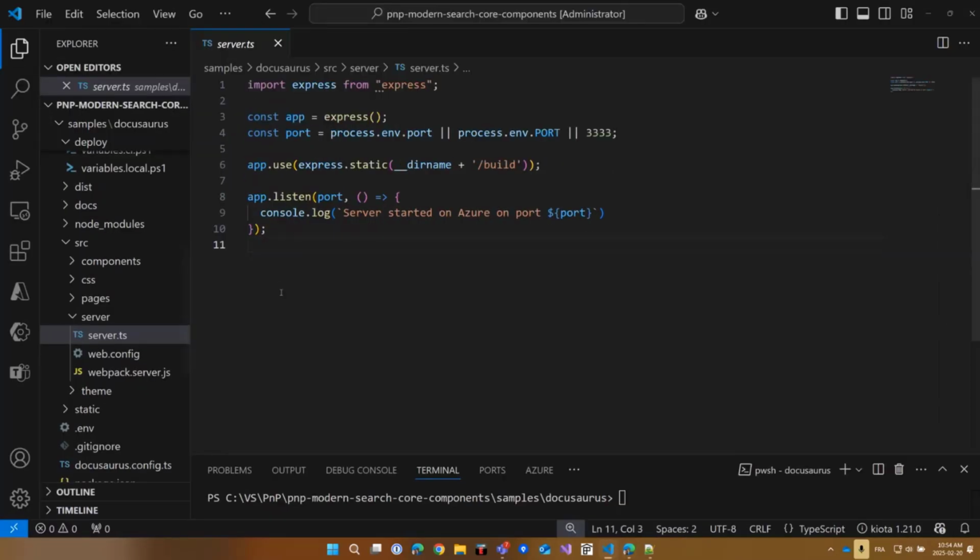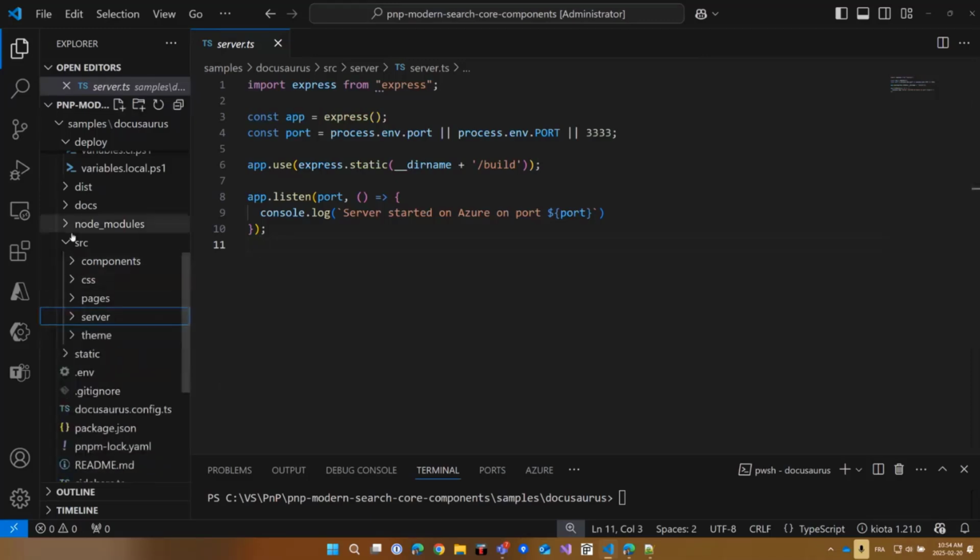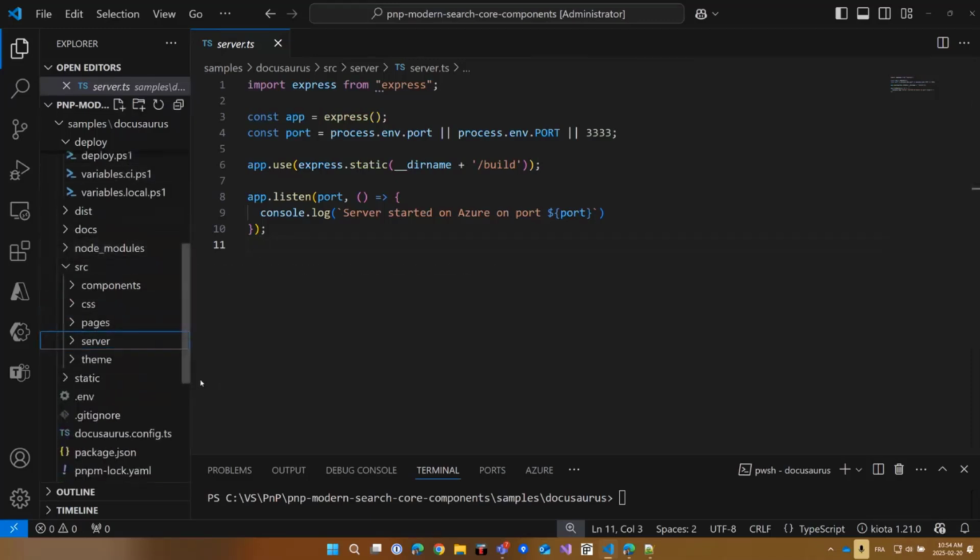So if I go back on my solution there, I have my source here, and we're going to use a feature of Docusaurus that is called swizzling. The swizzling basically is just a technique to replace some existing parts of the UI. So for instance, the default search box, I want to replace that with my own search component and something like that. So Docusaurus provides some default placeholders to replace, but in our case, we will replace two. And the most important one is the root one.